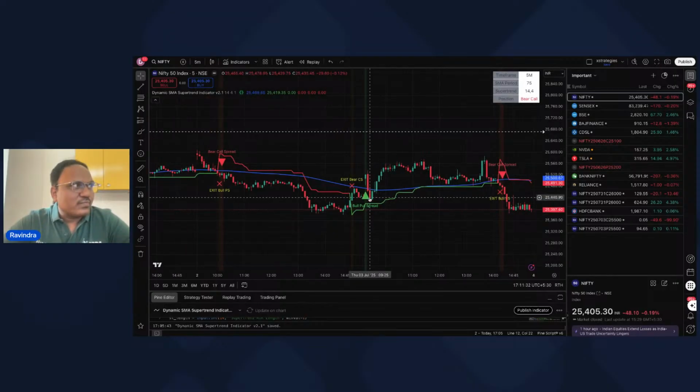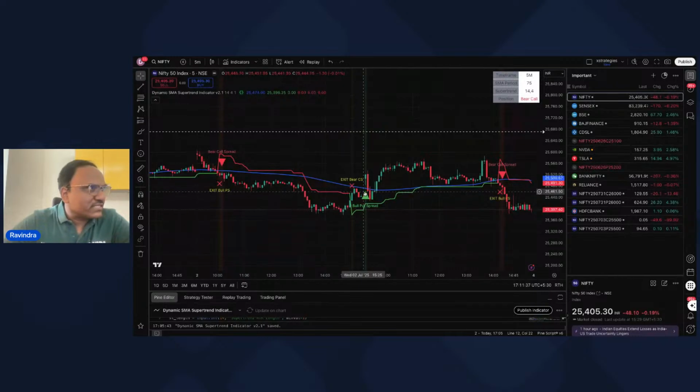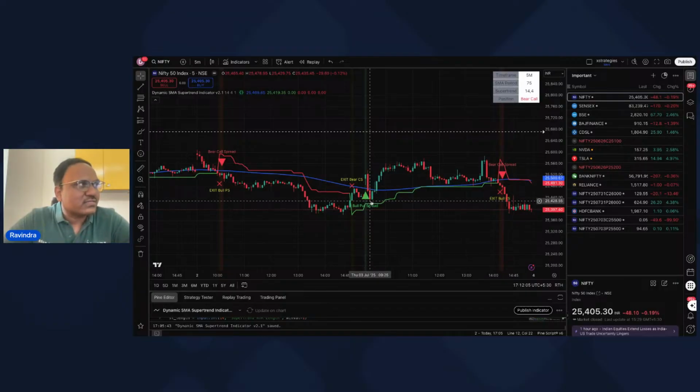Now this actually gave a bull put spread at about 915, which I did, but eventually it got into initial losses. I also entered a trade here, which took a bit of a bounce back from the super trend, and I added some more quantity. Again, it's my test account, so I use very little quantity, like 300. The initial entry was 300 quantity bull put spread here, and then it got into some 2000 rupees losses, and then I added another 300. So there is a bounce back here.